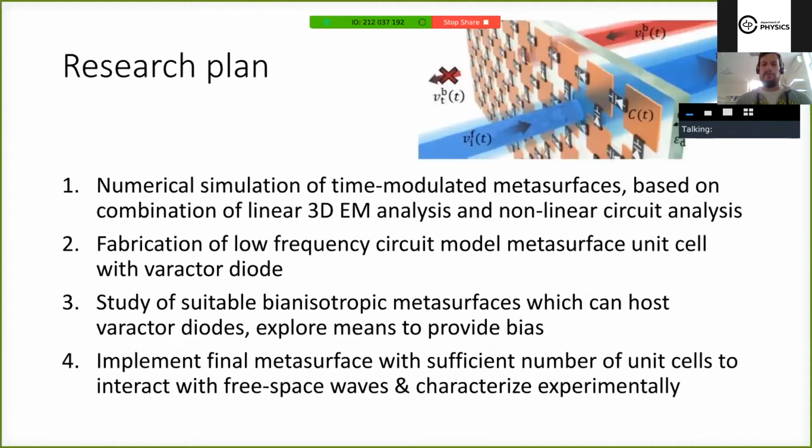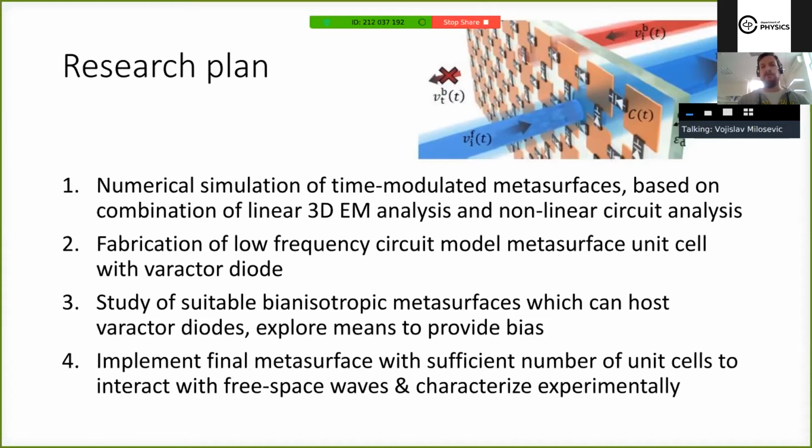So our research plan, which I started working on with colleagues from ITMO and from other universities, is to fabricate this metasurface and to characterize it experimentally. So our plan consists of four basic steps. The first is to develop numerical simulation methods of these time modulated metasurfaces, because normally simulators, typical